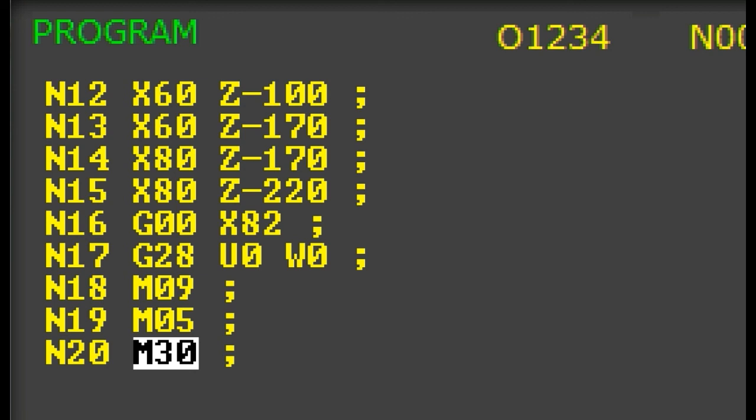So in conclusion, I can say that in this video we have learned that in CNC turning there are two axes, X-axis and Z-axis. X-axis is a diameter controlling axis and Z-axis is a length controlling axis. We have also seen the G71 rough turning cycle syntax. We have also learned what a subroutine is and how to write a subroutine. At the end, I would like to show you this is how our program will respond.